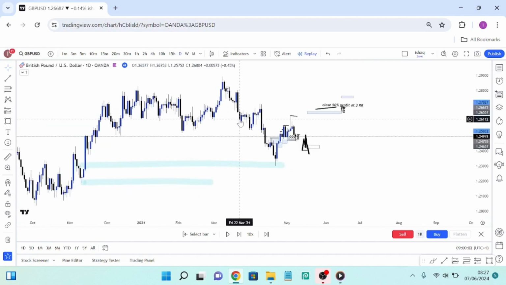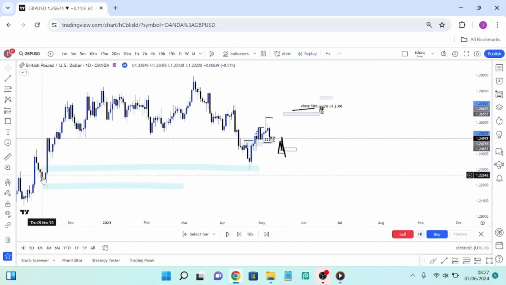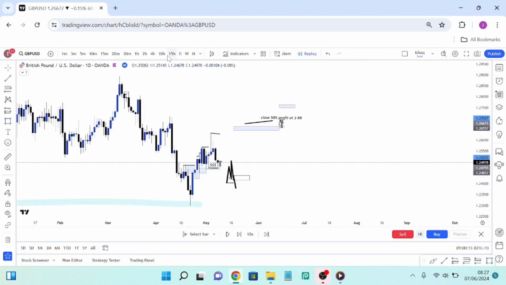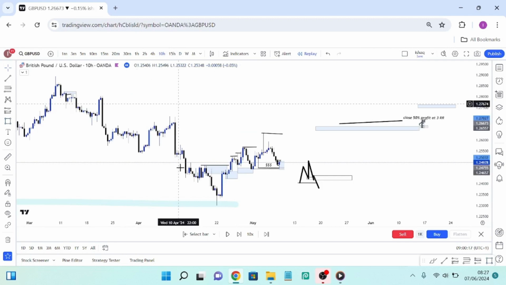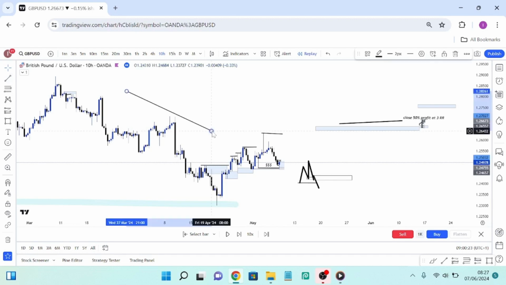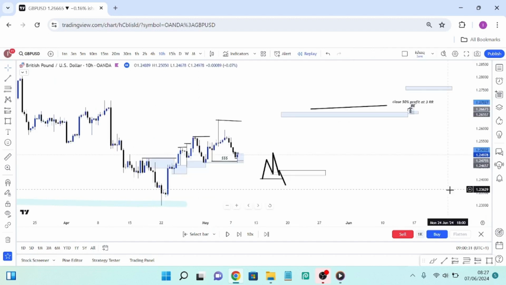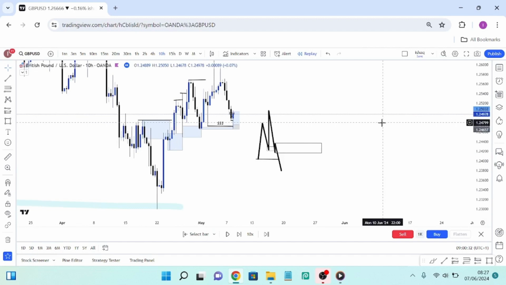First of all, you go into the daily. On the daily, you see that the market tapped into this demand right here. Previously we were in a bearish market, breaking lows as well as weak support and highs. That means the market has not induced this high to turn into a bullish market. Then when the market tapped into that order block, it disrespected this supply. When supply or demand is disrespected, it is then known as having switched hands.